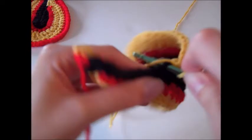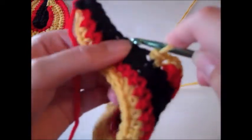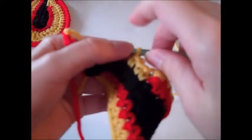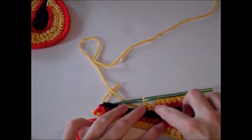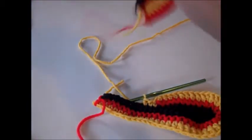I'm just going to do a single crochet. My second one, and my third one. So we made that little jump. That's going to be kind of a big stitch, but that's okay. And I'm going to show you